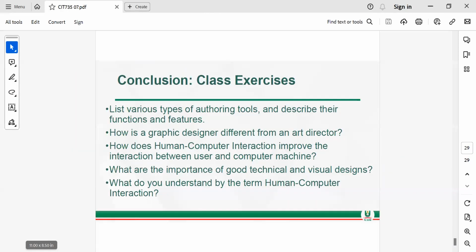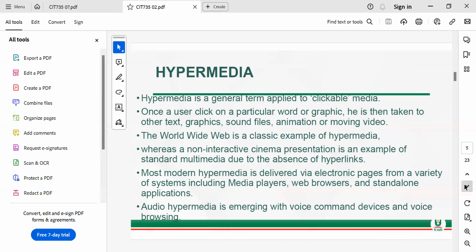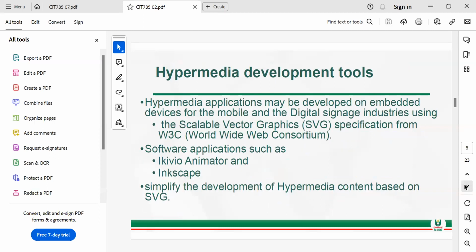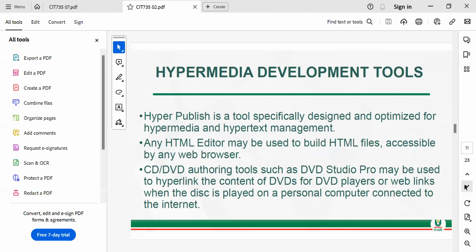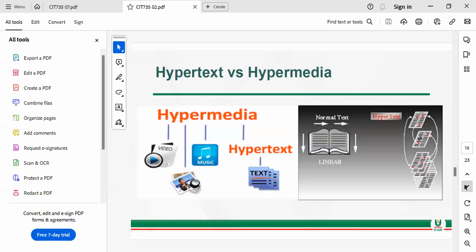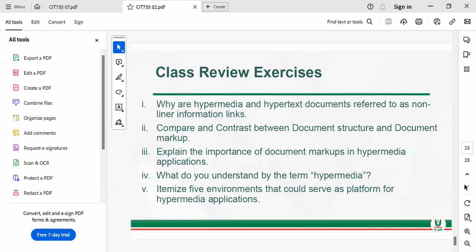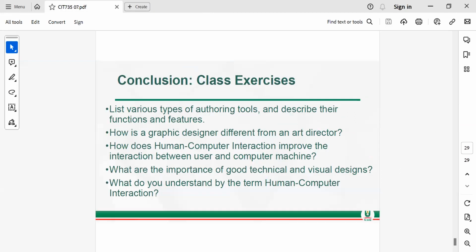Once I get it, I will remind you so that we'll use that one to round up the class for today and then go for the next class. So this one will have about hypermedia. Features are not here. Hypermedia development tools, no. Hypertext, no. Hypertext and hypermedia, no. Document structure, no. That is the second note I'm looking at. It's not in the second class. It should be the third class. Yeah, I'm checking. I'm opening the third slide now.